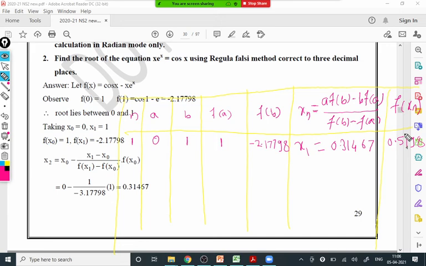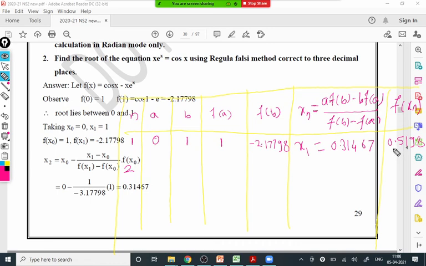So now this f of x1 mainly decides whether x1 will take the place of a or b. So x1 should take the place of which one, a or b? A, correct, very good. Because f of a is positive and f of x1 is also positive, the place of a positive will be taken by a positive only. If f of x1 is negative, then we replace b by x1.